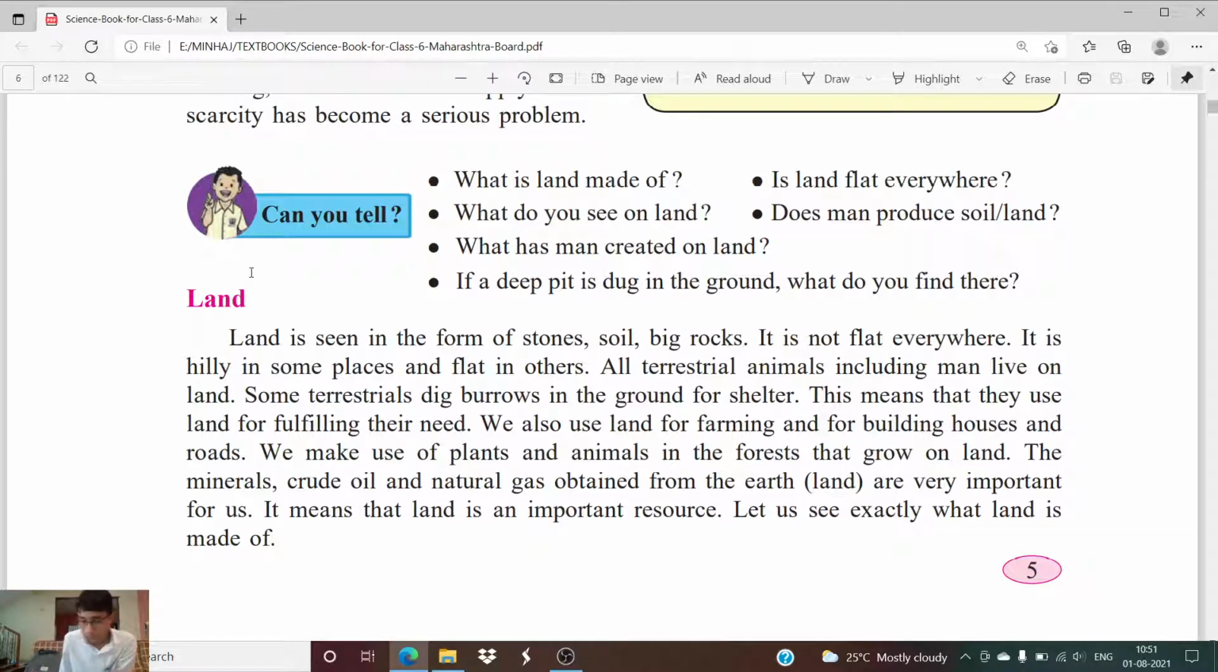ओके, सो लैंड भी हमारे लिए क्या है? बहुत ही इंपॉर्टेंट सोर्स है. सो लैंड इज ऑल्सो वेरी इंपॉर्टेंट नेचुरल सोर्स. ओके,